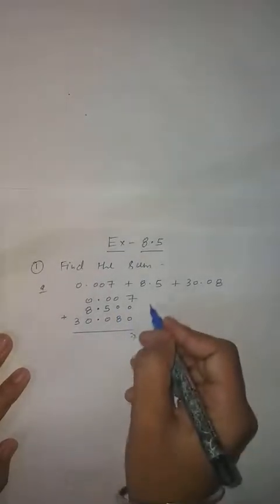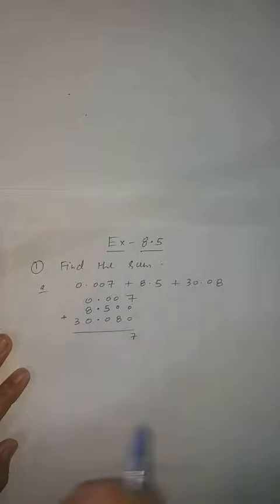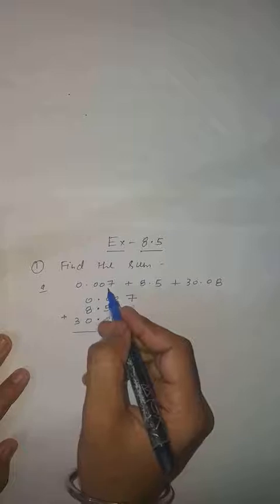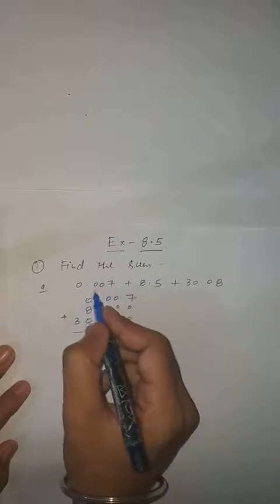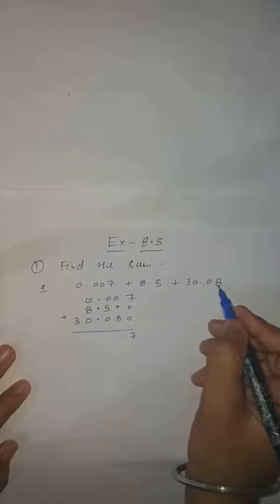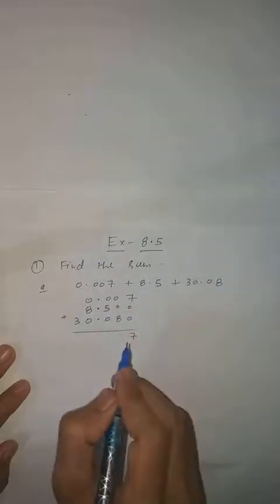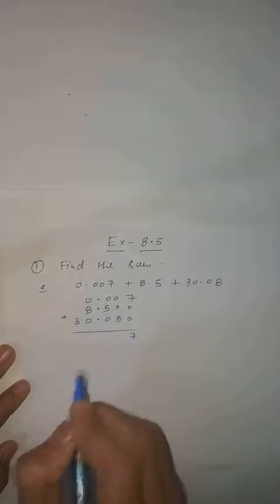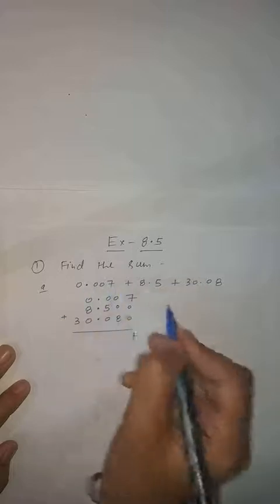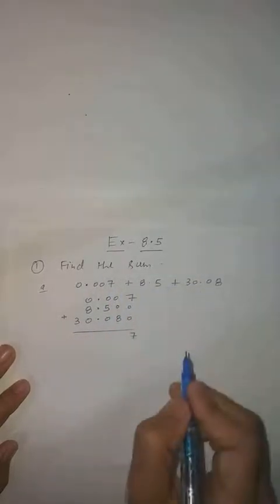Clear student? I will explain the concept of like term. Like term means after decimal the number, matlab digits, will be equal. Here after decimal there is only 3 digit. Here after decimal only 1 digit. Here after decimal 2 digit. So what you have to do in like decimal, you have to increase the 0 and you have to see the number which having maximum number after decimal. Here you can see after decimal 3 digits. So in every number there will be 3 digit.